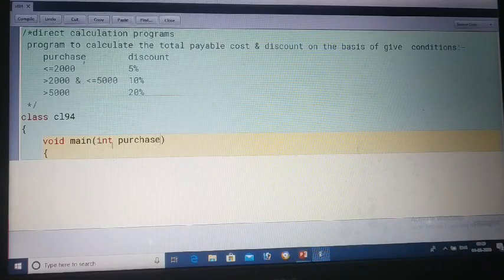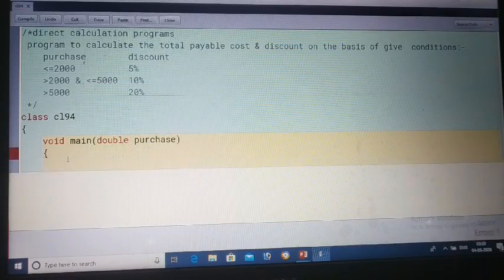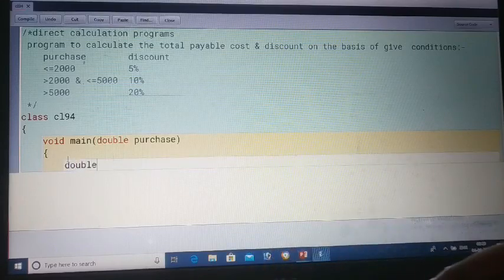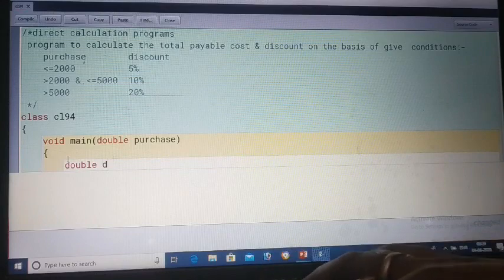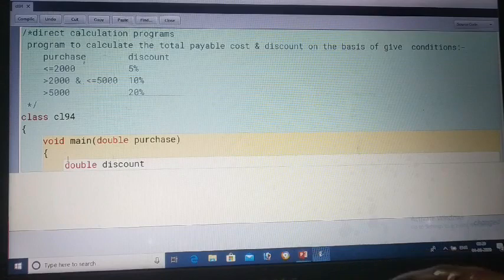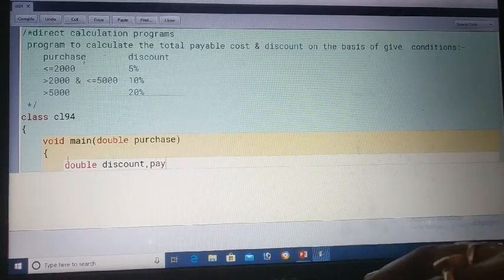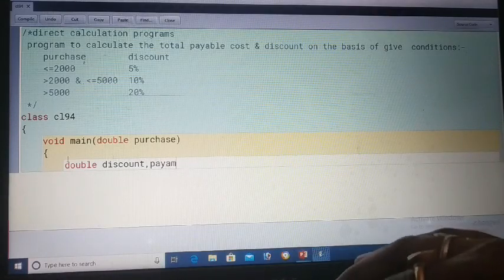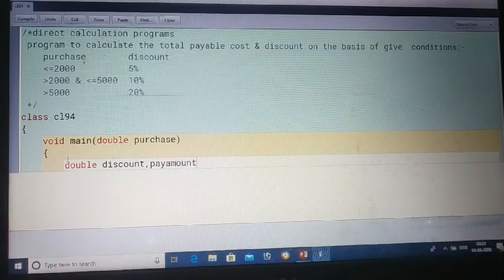This purchase amount can be taken as double also, so better to take double because many calculations will take place. After that, we require some more variables of double type for calculating the discount, as well as the payable amount. This payable amount is what we have to calculate.